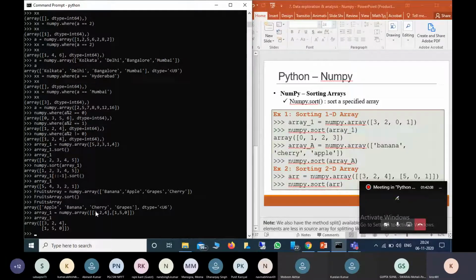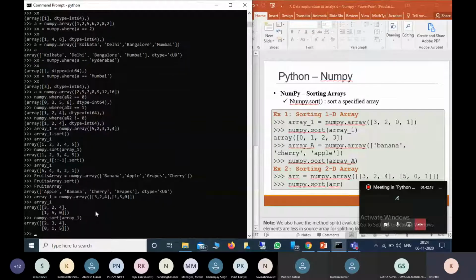Now we can sort this one, numpy dot sort of array of 1.